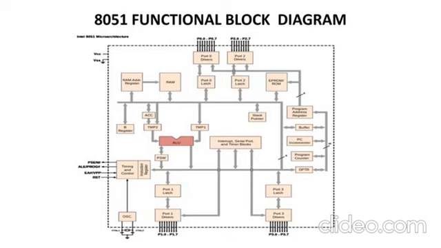Both registers are here: you have the accumulator register, ACC, then the B register. These are above the ALU, near the temporary registers. Down below you have the PSW. PSW is nothing but the program status word, which is also called the flag register. After this, to your right side, you have the stack pointer.